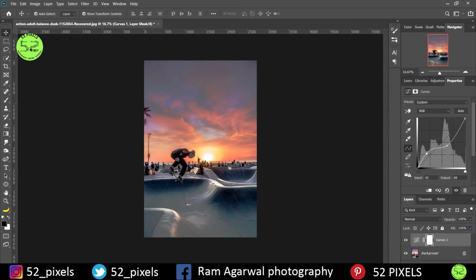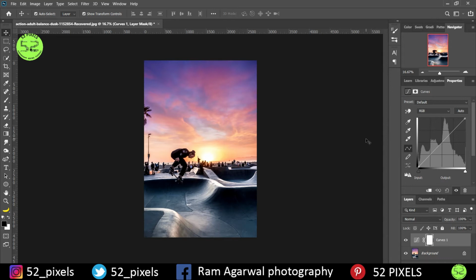I personally don't recommend that, but it's totally up to you. It's hard work, so I'm going to show you one cool trick that you could use to work with curves, and that would save a lot of your time and effort. For that we are going to use this tool. It looks basically like a finger which can be swiped up and down. So just tap on that finger, and